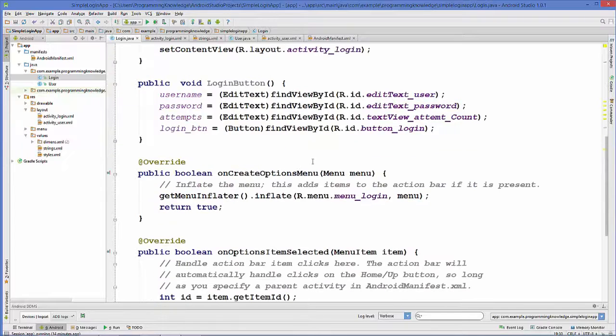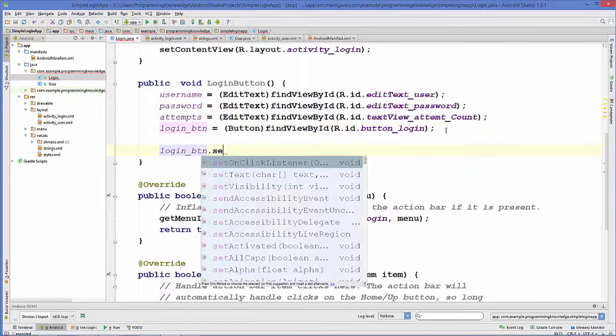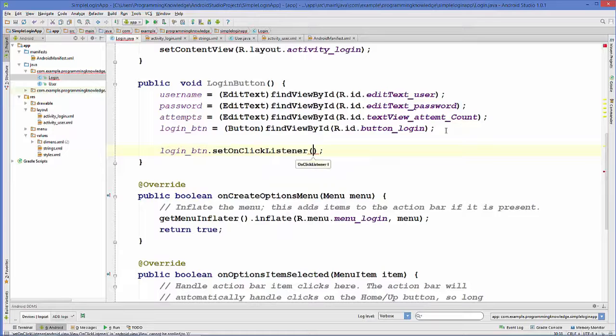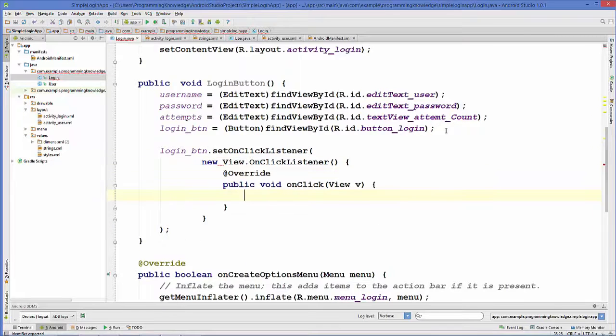Okay, so let's take this button and create a button click event. So login button dot setOnClickListener, and then we will create a new OnClickListener, and inside this onClick method we are going to write our code. So first of all, we want to check the text in the username and password. So we will write an if, and we will get the text from the username